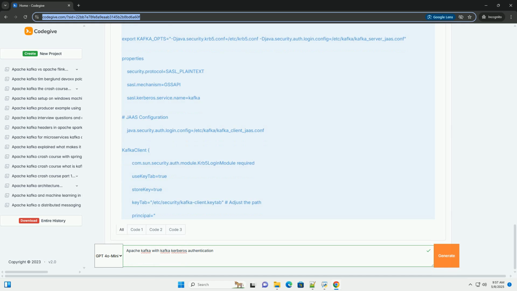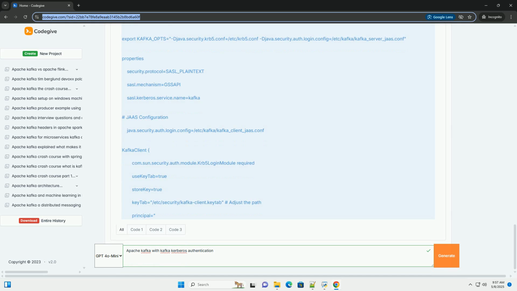keytab, the path to the broker's keytab file. principal, the broker's Kerberos principal. Make sure to use the correct keytab and principal for each broker. 3. Add JVM arguments to the kafka-server-start.sh file. 4. Repeat for each broker: repeat steps 1 to 3 for each Kafka broker in your cluster,